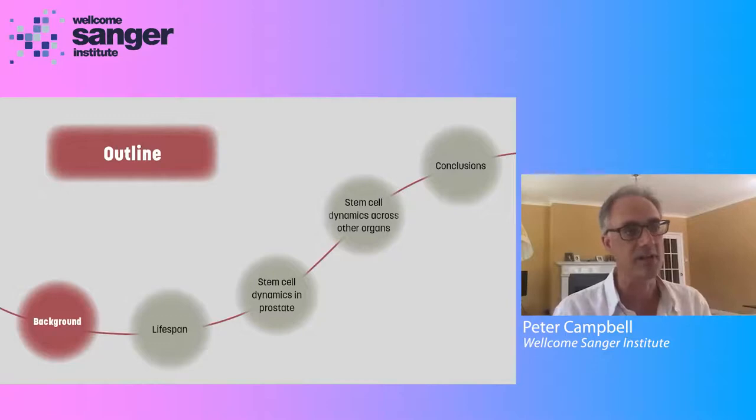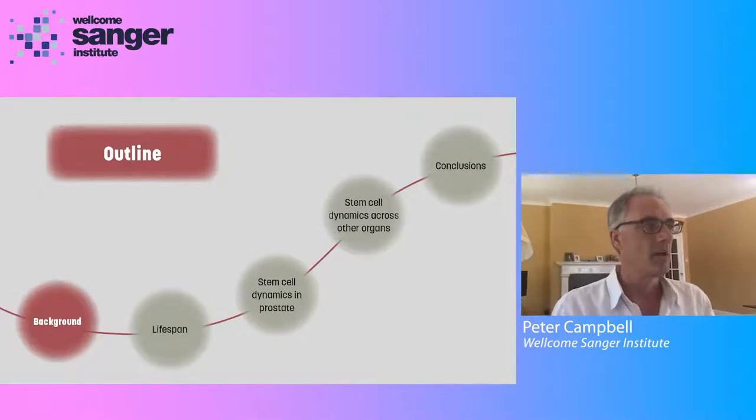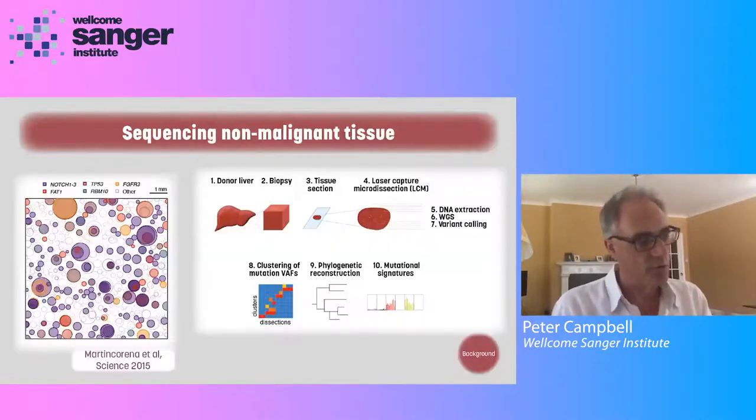And then I'm going to drill into a few stories looking at how we can use the somatic mutations in normal tissue to uncover patterns of clonal and stem cell dynamics across different organs. Some unpublished data in prostate I'm going to drill into in detail, and then I'm going to skim across a few other organs. So when we sequence non-malignant tissue, so normal